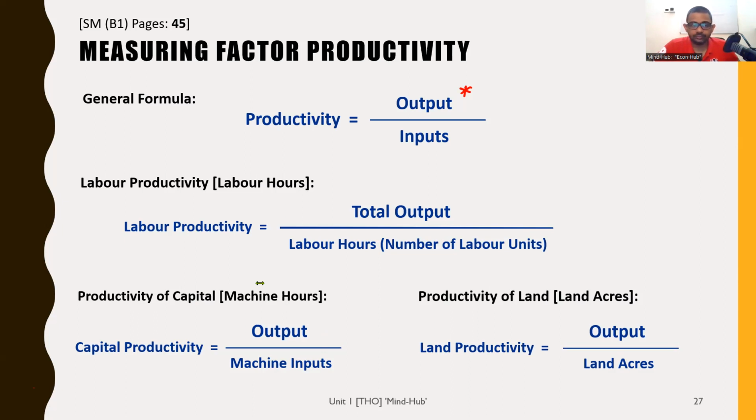Okay, right. First, we are going to look at the standard determinants of productivity, then a few specific things for labor productivity. Your labor productivity is special compared with land and capital. Okay. Right. I'll move on. If you want me to come back to the previous slide, let me know. Okay.